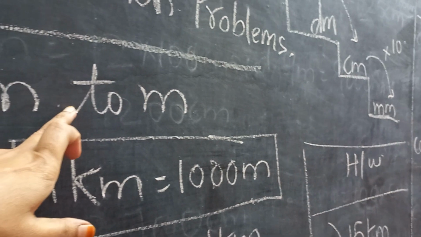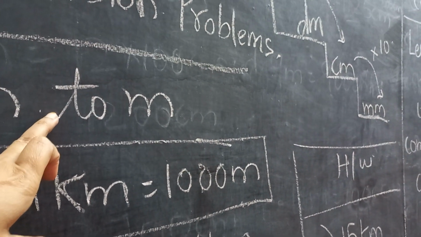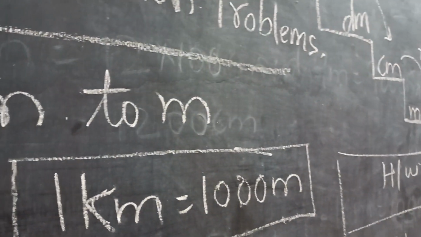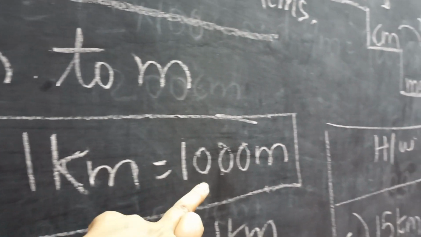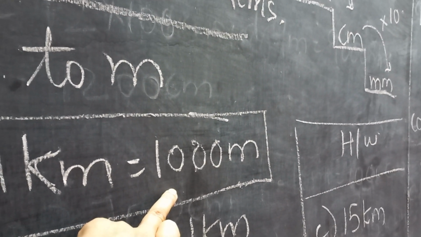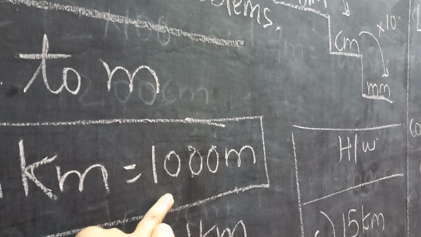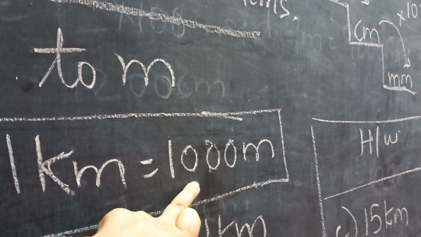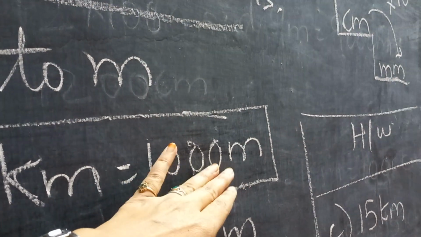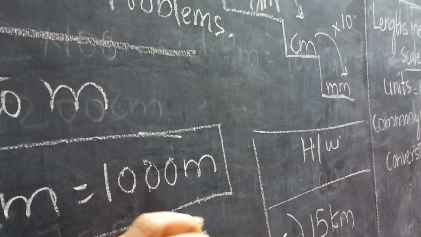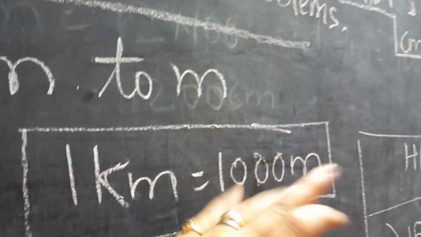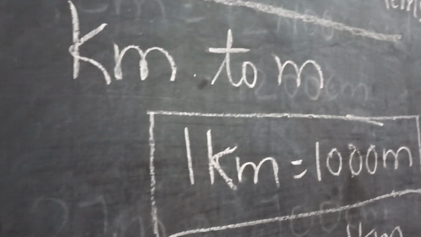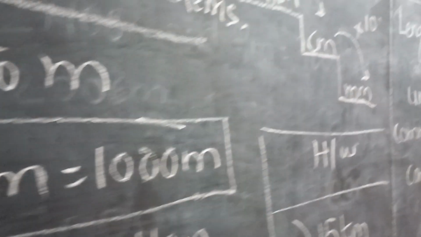Kilometers to millimeter, okay. Try to understand, if you don't understand, ask me, okay. 1 kilometer is equal to how many meters? 1000 meters are there. How many meters in 1 kilometer? There are 1000 small meters in it, okay. Altogether it makes 1000, okay. Therefore we take 8 kilometers,